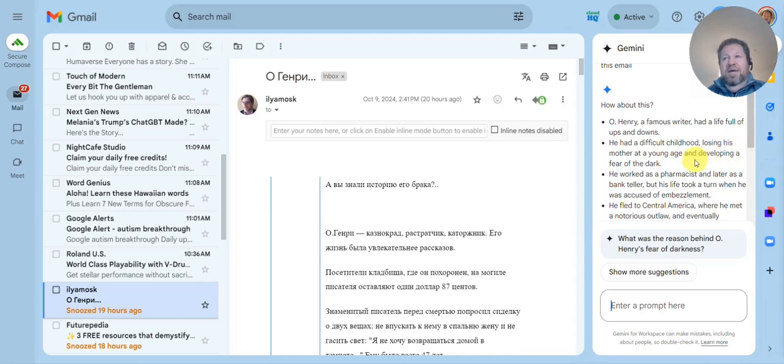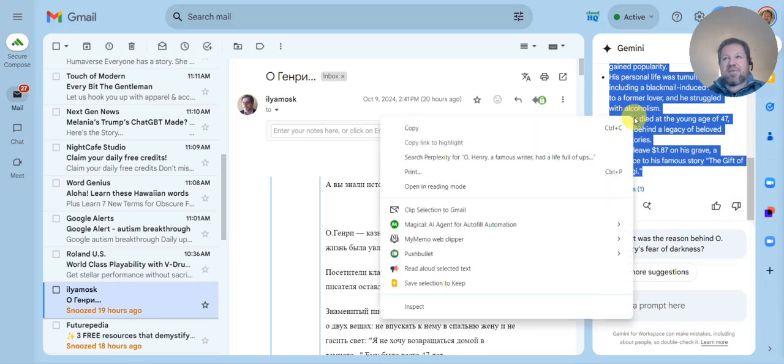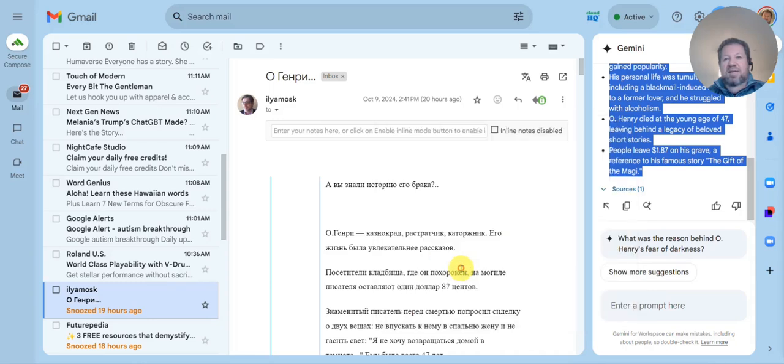Another thing you can do, I installed an extension called Read Aloud, and so if you highlight the text like I did and then right click, there's an option called Read Aloud Selected Text. So if you click on that,